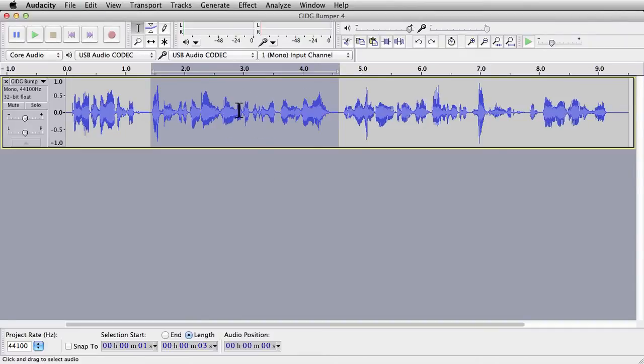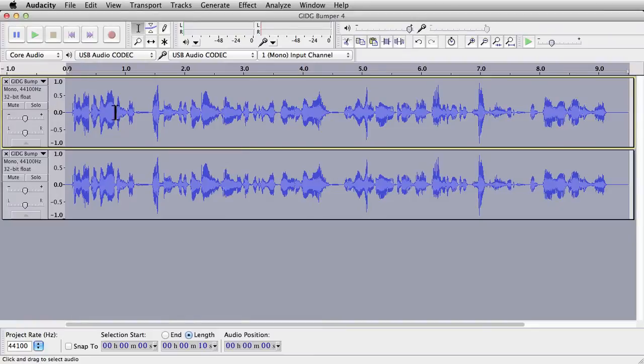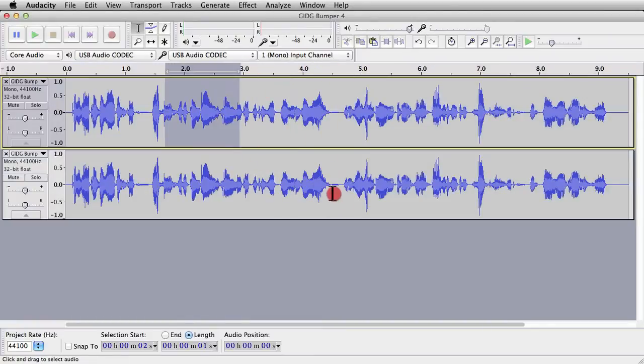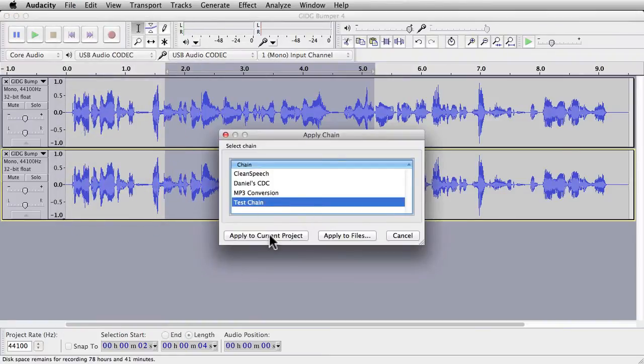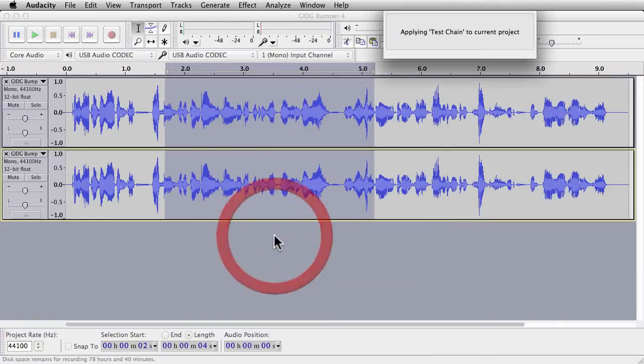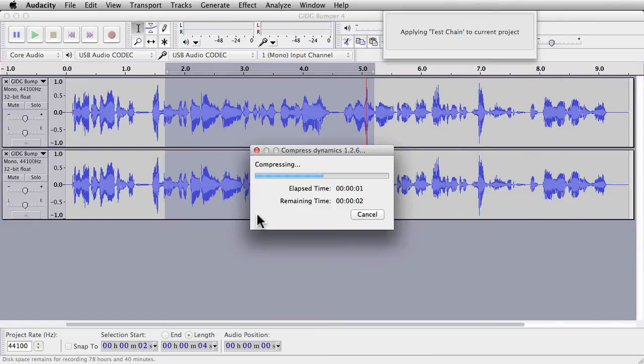But this can save a lot of time in the things that you find yourself doing over and over again. If you have multiple tracks in your project, then you can just drag your selection across those multiple tracks, go to the File menu, choose Apply Chain, pick the chain that you want to apply, and click Apply to Current Project, and it will apply those effects to all of the tracks that you had selected, all of the portions